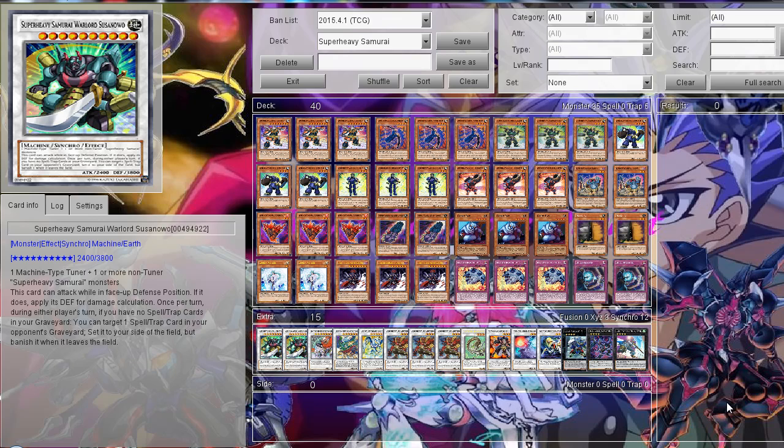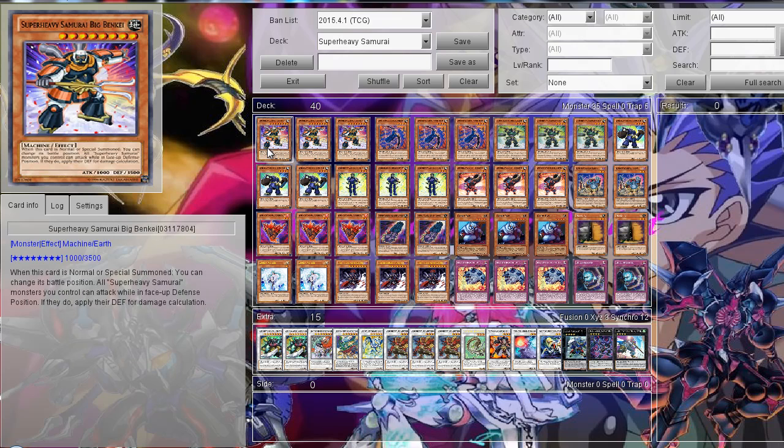This time I am showing my updated Superheavy Samurai deck, the deck that just became a part of my new Dawn of Tuning series. There have been a few changes in this deck since I last profiled it, so let's go over it. First, of course, the main deck boss monster, Superheavy Samurai Peak Pen K,